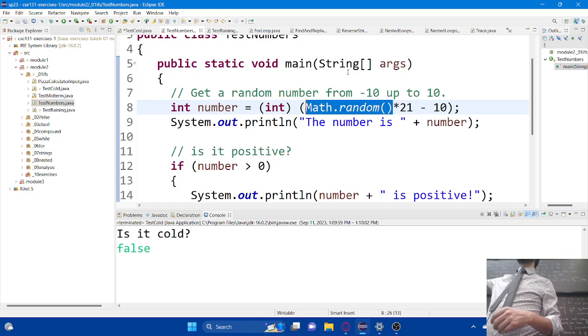This takes care of converting it from a double, which is what math.random will give to me, to an integer, which if I am okay with having decimal values, I don't have to do that. I can just leave it as a double if I want to, but in this case, we're looking for integers. If I substitute in 1 here, so now I have not including 1, but almost 1, so this will be almost 21, right? A little bit less than 21 at its maximum for that term. -10 would be a little bit less than 11.